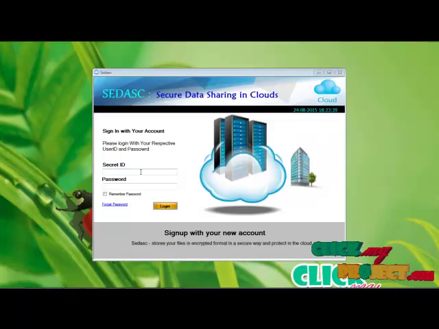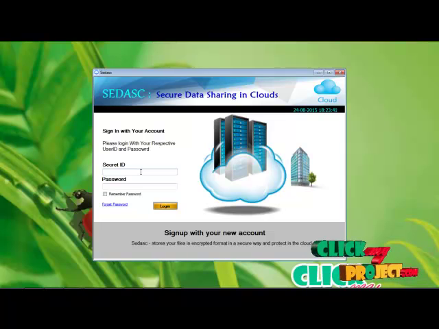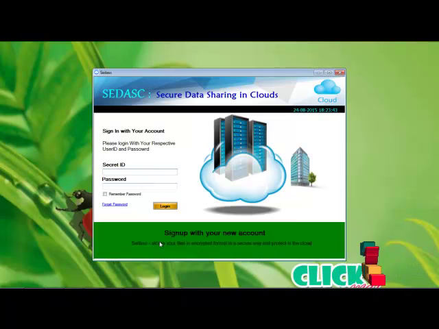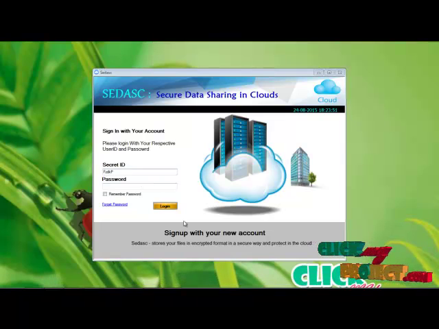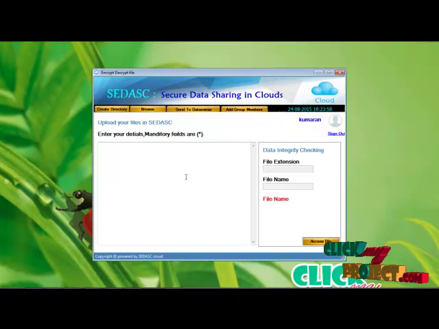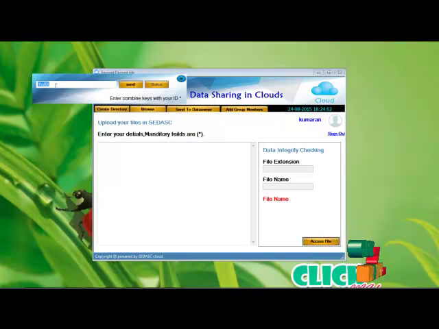If the user wants to access the file, they need to enter the secret ID and the password. Click Login button. You have successfully logged in. To access your file, go to Access File. This is your secret ID. To send the request to the cloud server,